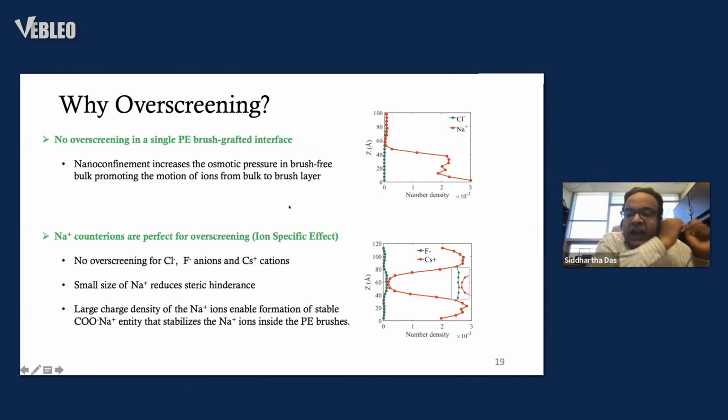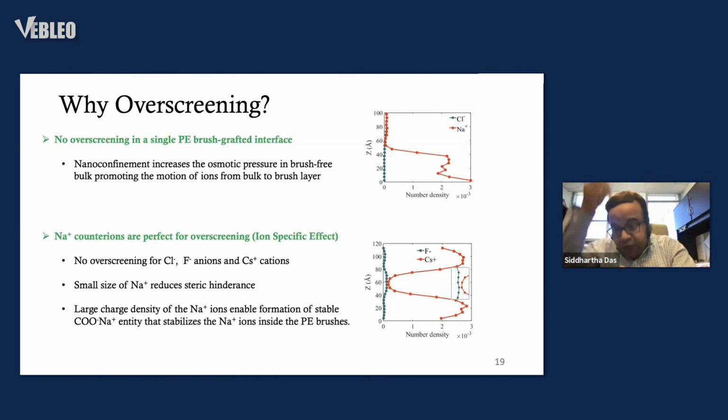Next is the ion specific effect. This large osmotic pressure is true for all ions, sodium ions, chloride ions. We also did simulations with cesium fluoride salt, with cesium ions and fluoride ions everywhere. Why does sodium only go in? Sodium only goes in because of two things. One, sodium has a much smaller size, so it can go in. Second, equally importantly, sodium has a very large charge density. That ensures that you can form a very stable COO minus Na plus entity that stabilizes the sodium ion